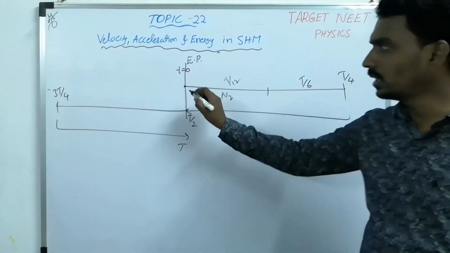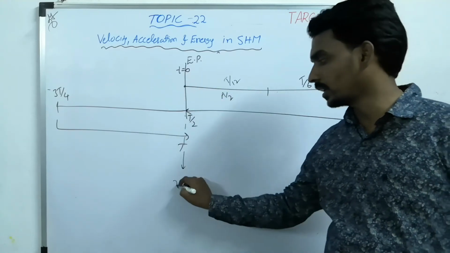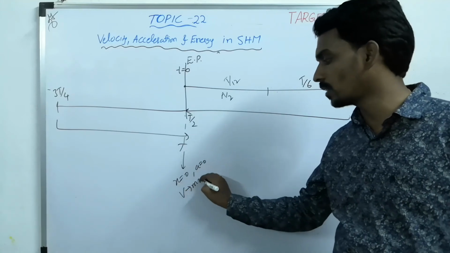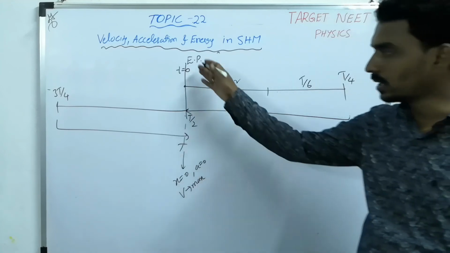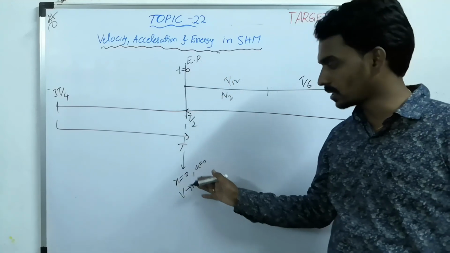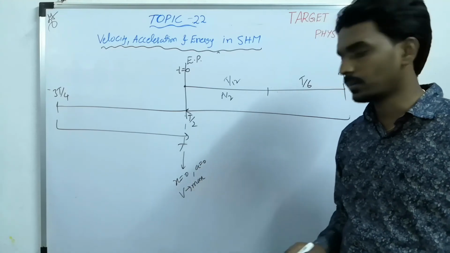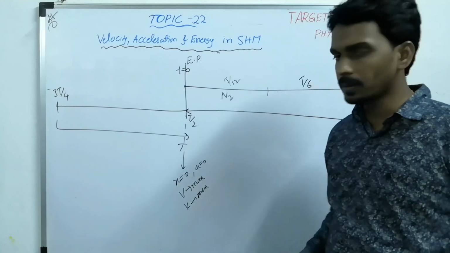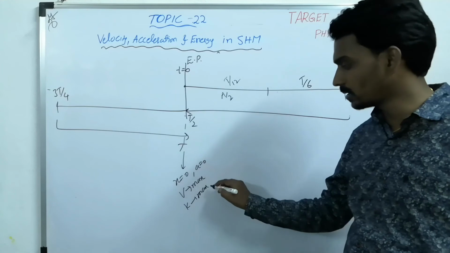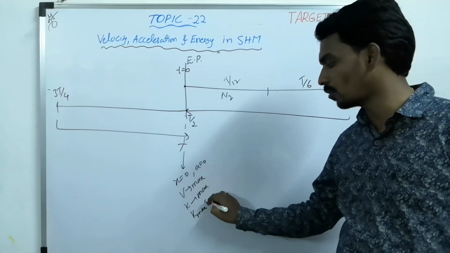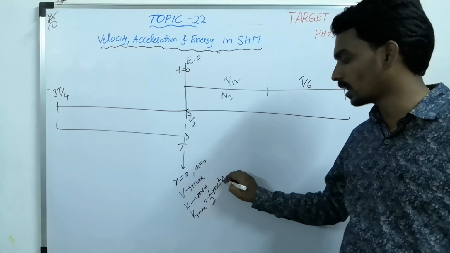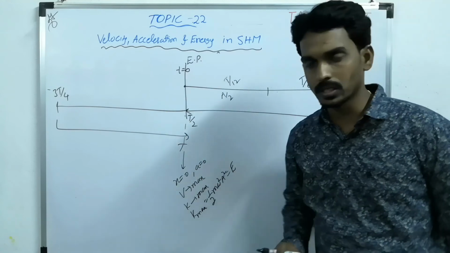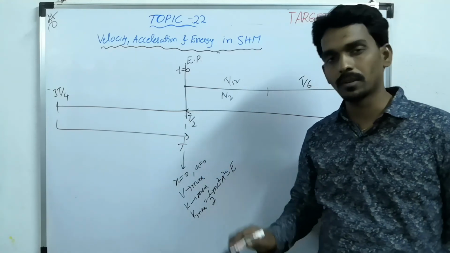And here, if you consider equilibrium, x is 0, so obviously acceleration is 0, but velocity is how much? Maximum. So at the equilibrium position, velocity is maximum and the remaining two are minimum. Then kinetic energy is also maximum. So what is the maximum kinetic energy when x is 0? When x is 0, K is maximum. How much will it become? Half m omega square a square, nothing but the total energy. So at the equilibrium position, the total energy is in the form of kinetic energy.